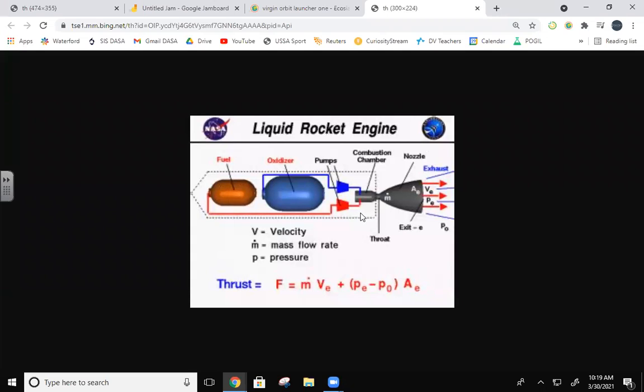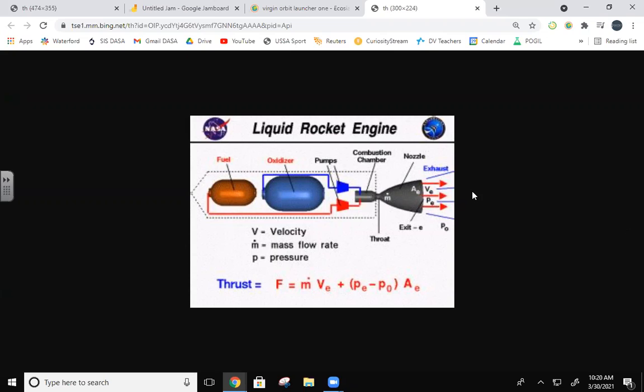Liquid rocket engines. This is a super simplified version. You have the fuel tank, the oxidizer tank, and some turbo pumps. The pumps pump the material from the tanks into the combustion chamber. Unless it's a hypergolic, you need an ignition source. Then it combusts in here, gets accelerated through the throat of the combustion chamber, and then gets shot out the